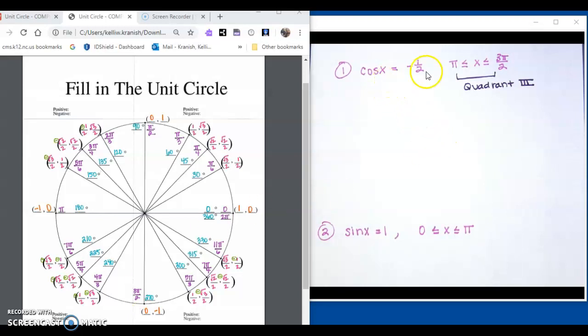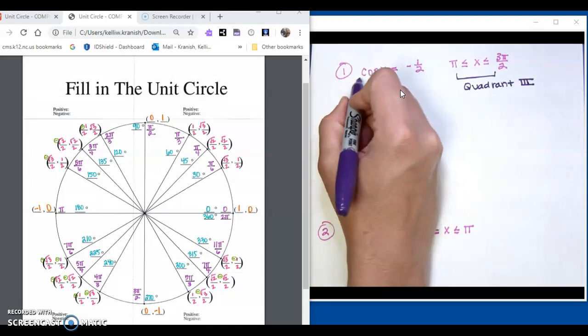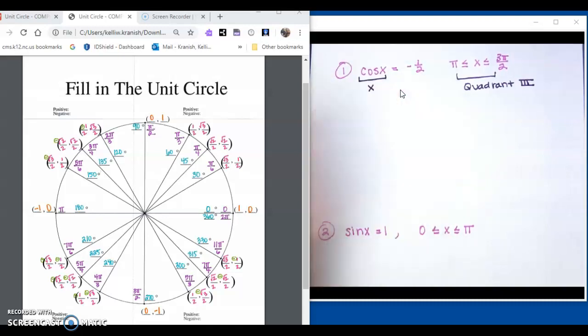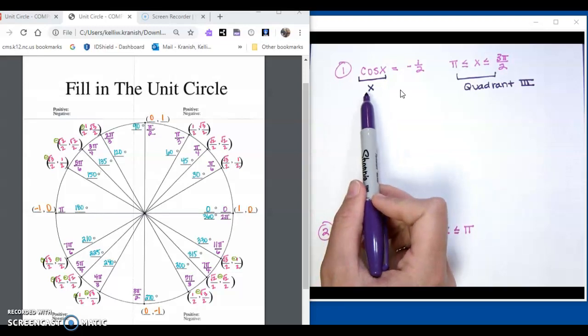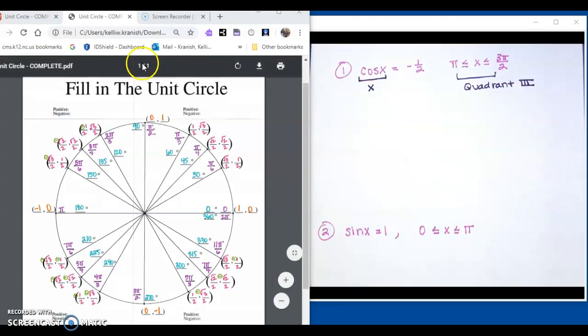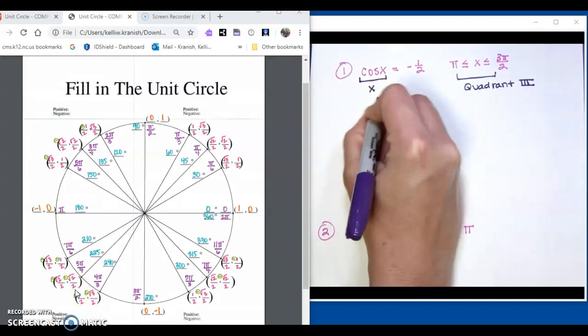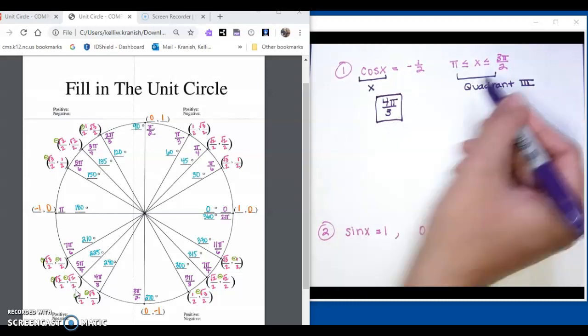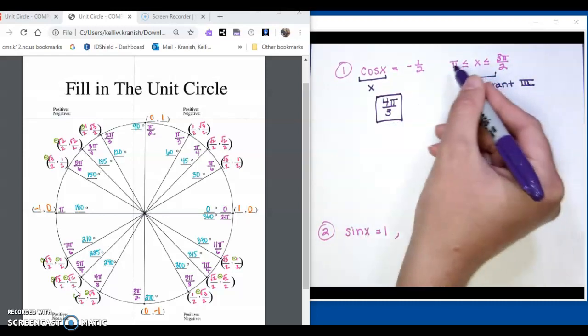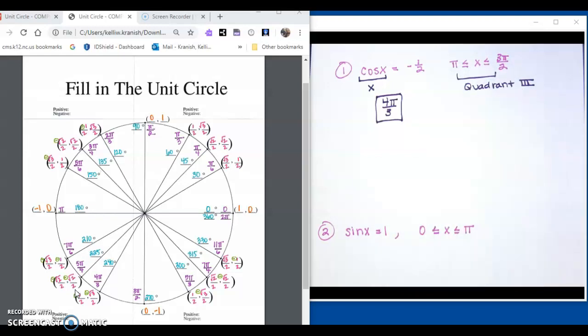Okay, cosine x equals negative 1/2. So we know that cosine is the x value on our unit circle. So we're trying to find when the x value in the third quadrant is equal to negative 1/2. So you're looking on the outside at your ordered pairs. And if you look here at 4 pi over 3, that's where the x value is negative 1/2. So the answer to this is 4 pi over 3. And we're going to make sure we put this in radians because they gave me the interval in radians. Okay. So then for the second one